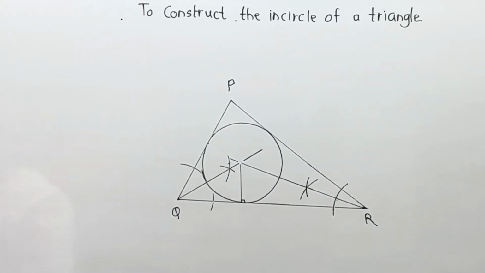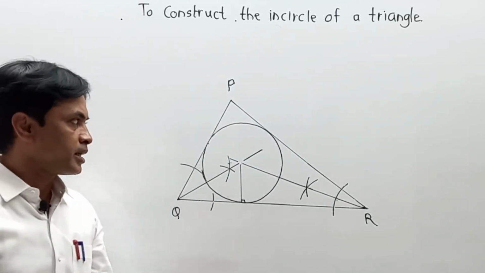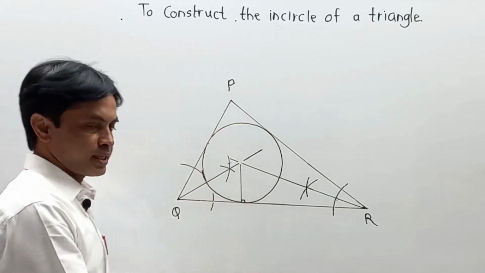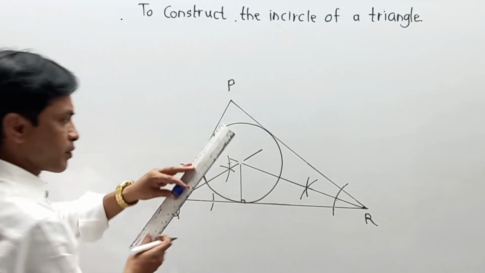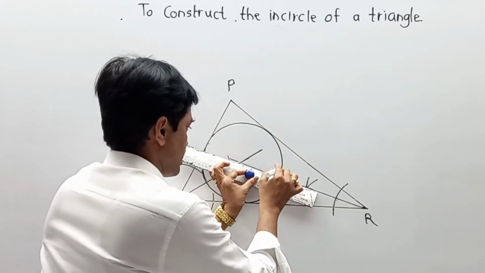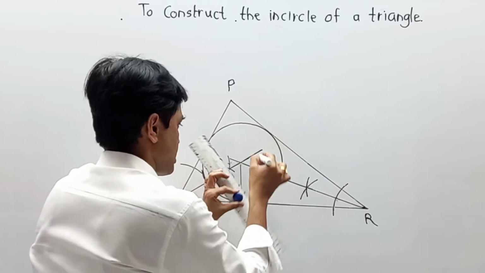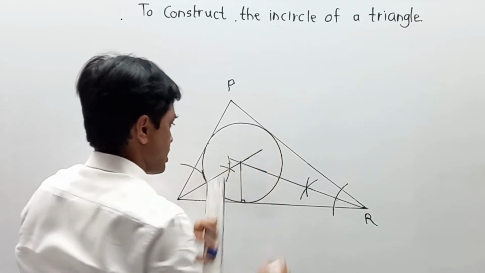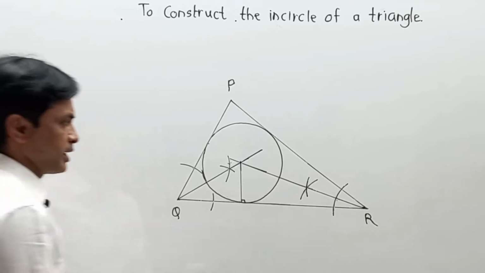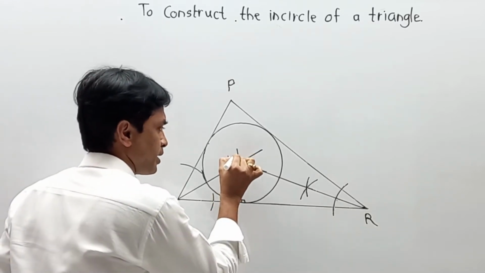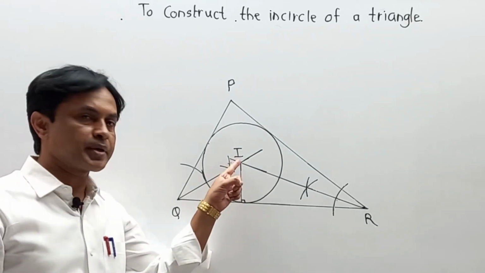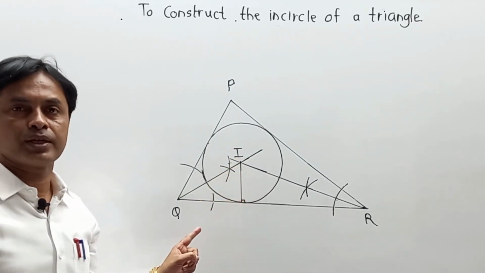Now in this way we are going to draw one incircle which touches the first side as well as the second side as well as the third side. Now here we have drawn a circle. And generally the circle's center we always indicate by I. I stands for incircle center, and this is nothing but a process by which you can draw the incircle.